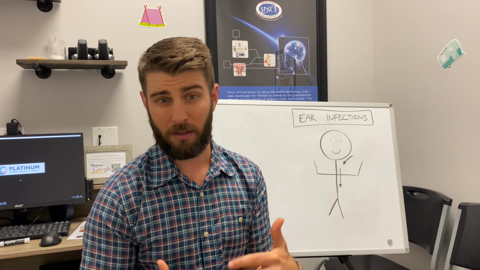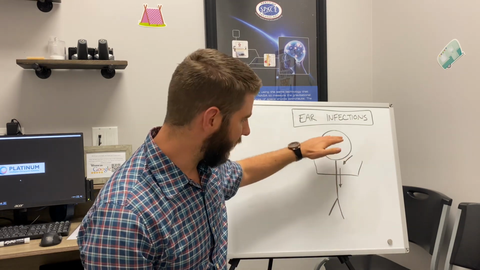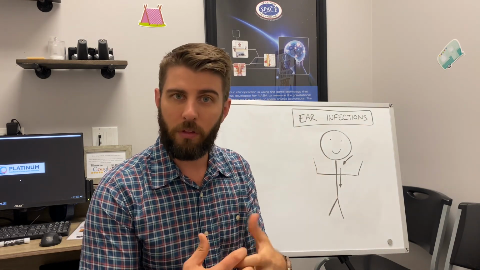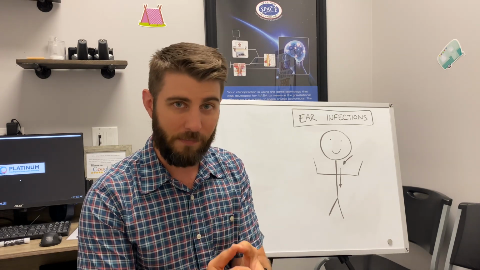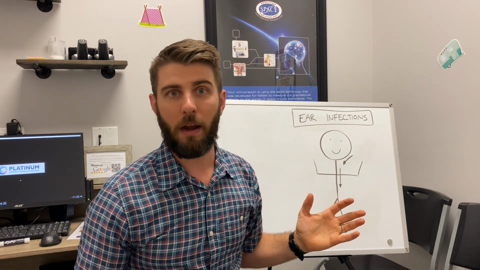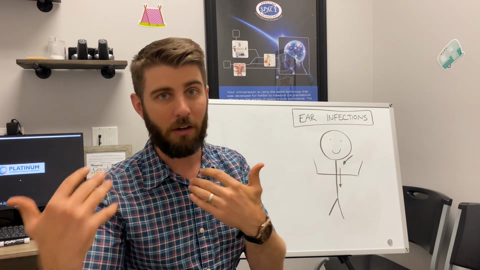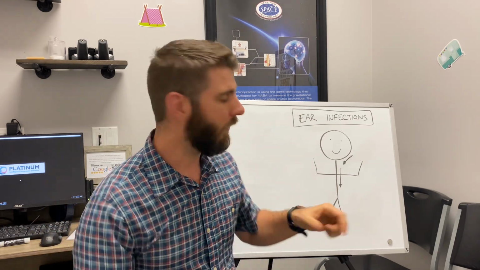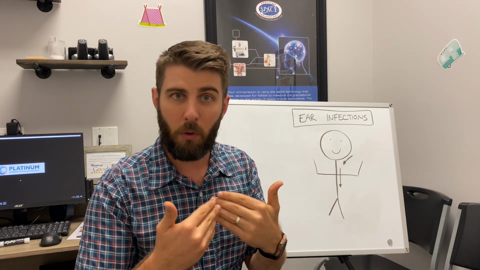So the first one we're going to talk about is sequence. And what we typically find is we use technology that allows us to scan the nervous system. And what we find is when we're dealing with a lot of sickness, an illness, but a lot of ear infections specifically, that top area right up here at the base of the skull gets jammed up, right? And so there's a lot of soft tissue that connects the inner aspects of the ear into the upper part of that neck and nervous system. And if things get jammed up here, instead of that fluid draining like it's supposed to, it just gets locked